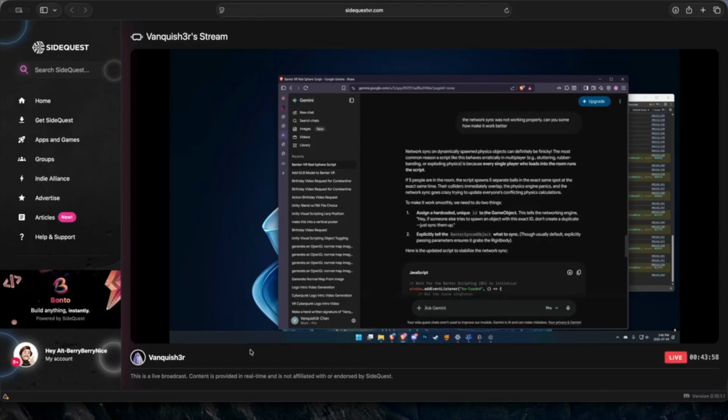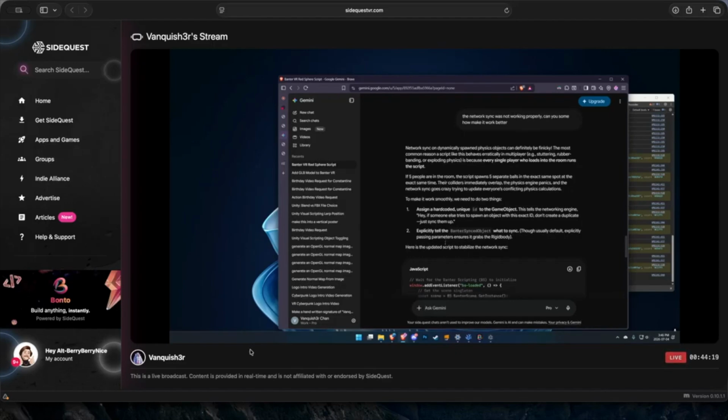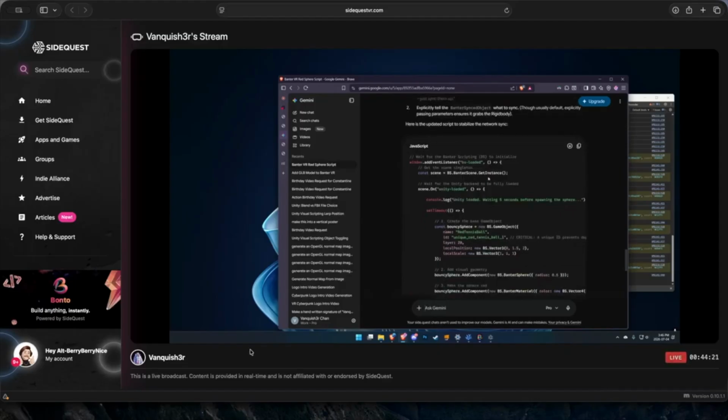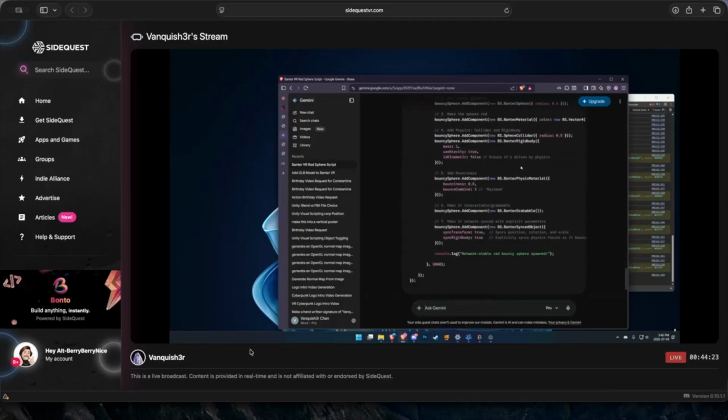Yeah, so to make it work smoothly, we need to do 2 things: assign a hard-coded unique ID to the game object that tells the network engine, hey, if someone else tries to spawn the object with this exact ID, don't create a duplicate, just sync them up. And explicitly tell the Banter sync object what to sync. The default processing parameter ensures it grabs the rigid